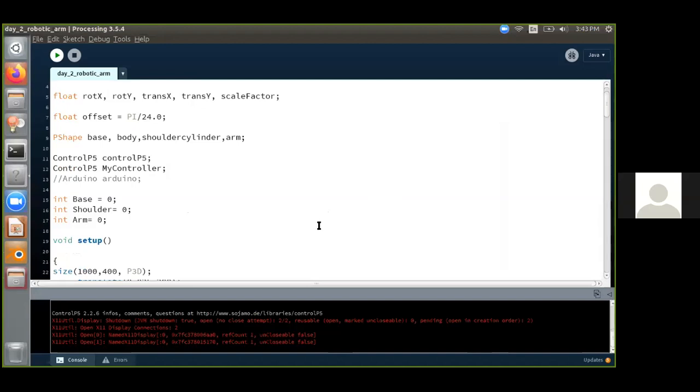Okay, how to get this coding to processing, Dr. V. Muthukumar? And why did you subtract 90 degree from the shoulder, Sandeep Kumar?